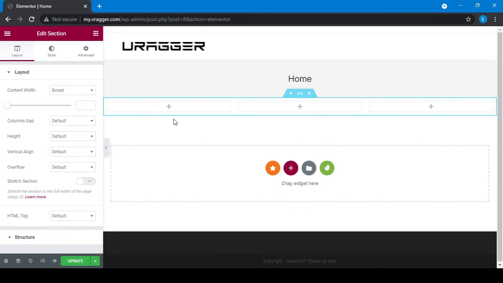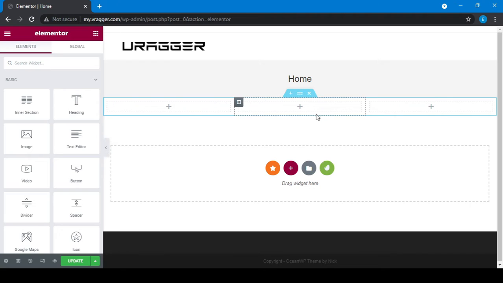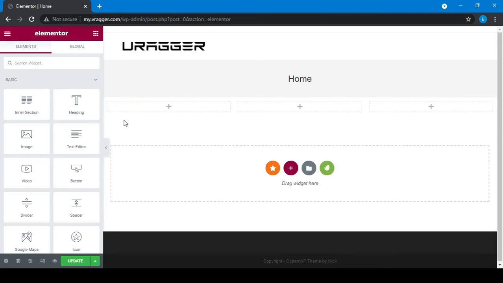Okay. So now what happened? A section is created. This is called a section. You can see it here, it's written there: section. So this is a section with 3 columns. A section is created with 3 columns. Okay, well and good. Now in these 3 columns, I can add multiple things, whatever I want.